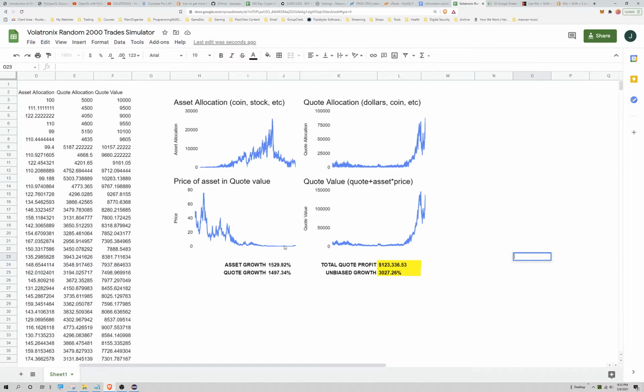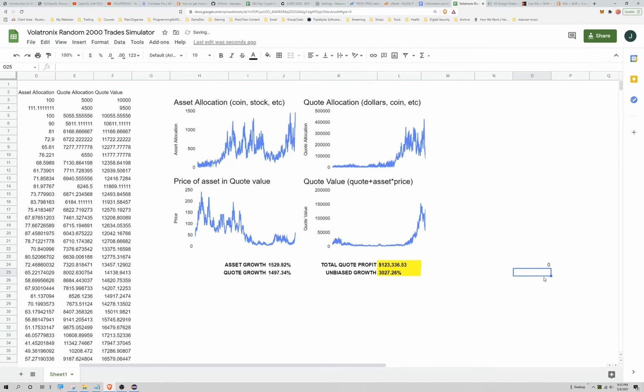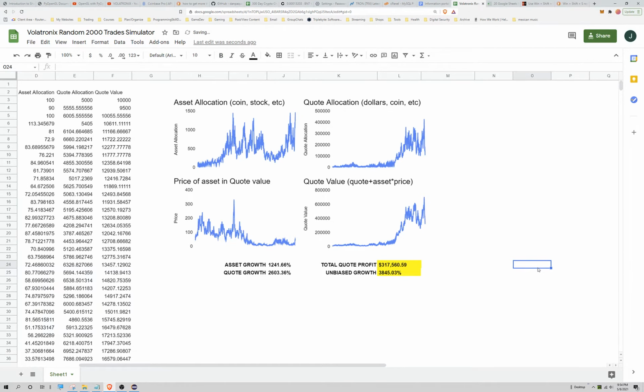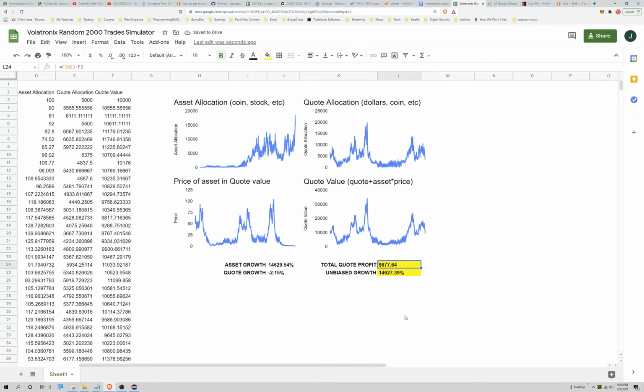You see something that ends in 0, but just goes up a tiny, tiny bit in the end. You're still making a ridiculous amount of profit. Look at that. All right, let's do a few more times just for fun. It's an okay chart. Still over $300,000 profit. Small amount of profit, but a huge amount of asset allocation. 50 or 100 stocks became almost 20,000 stocks or coins or whatever.